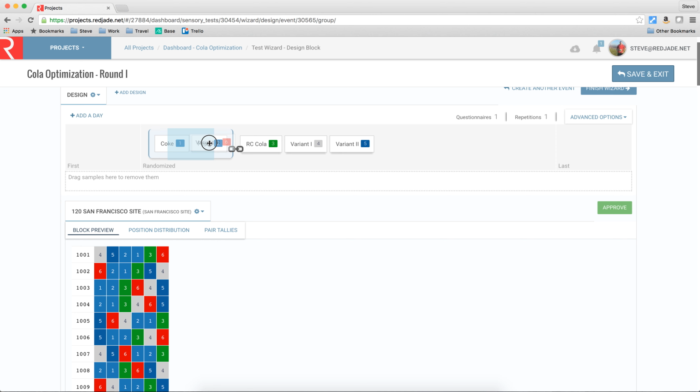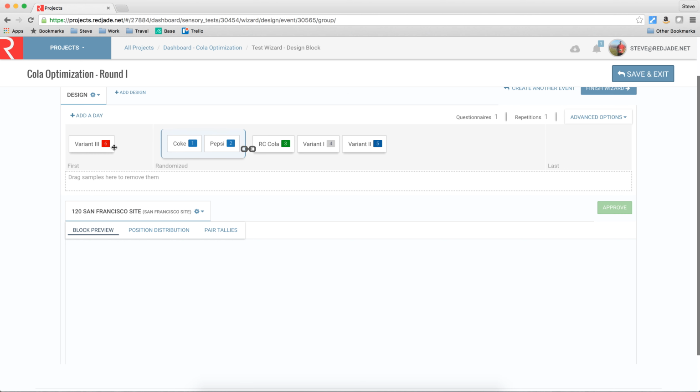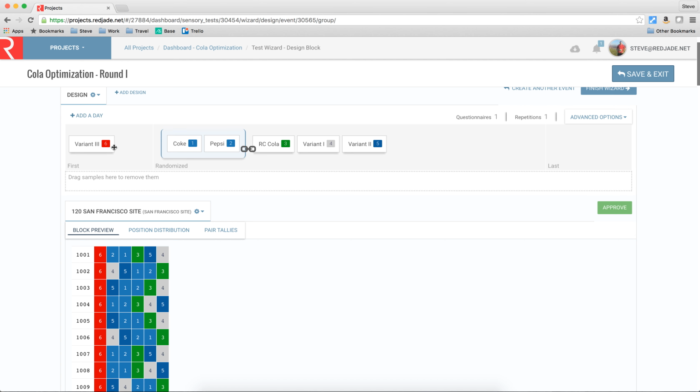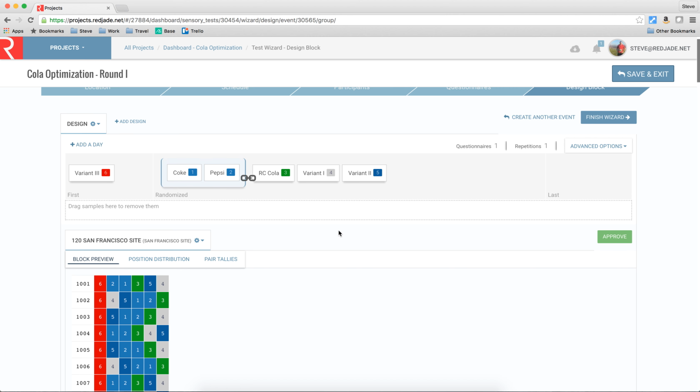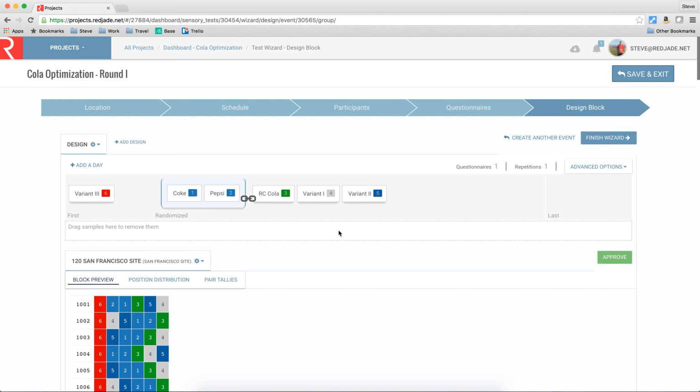One other thing I can do is I can block a product for first or last just by dragging it into those boxes. Now you'll see variant 3 would be evaluated first for all participants. While we know this isn't a great sensory design, it does show what is available within the RedJade design block. From here I click Approve,